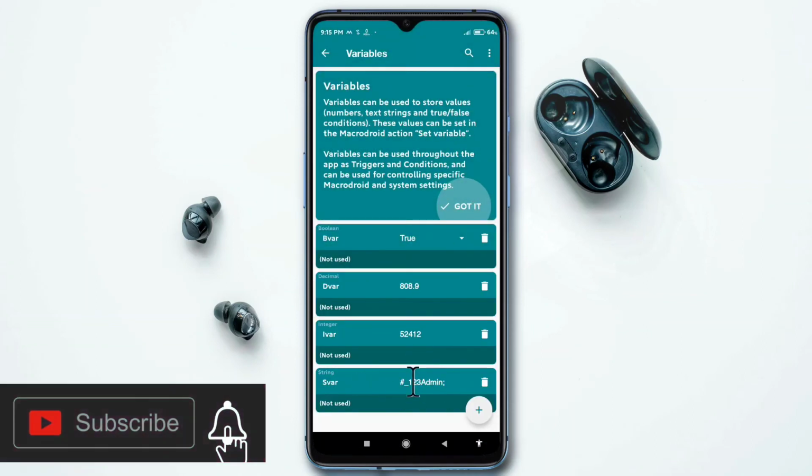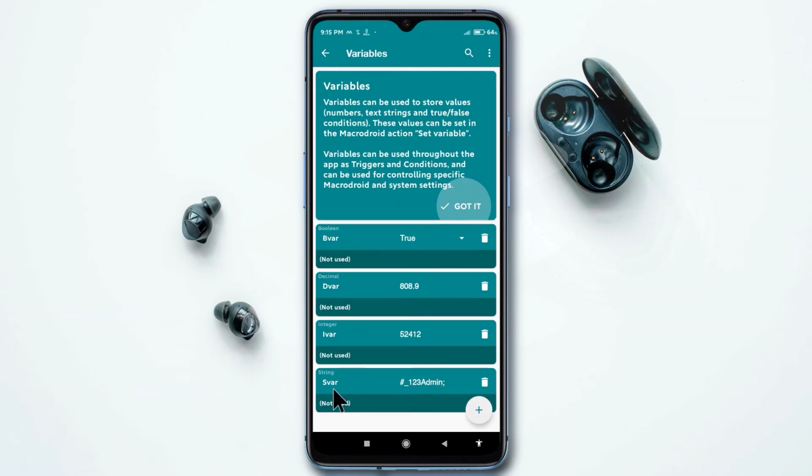It will store that value. So this variable is specially used for password type macros to encrypt the app lock, like that. So these are the types of variables we are using. Now these are our user variables. So we are configuring here the user variables.